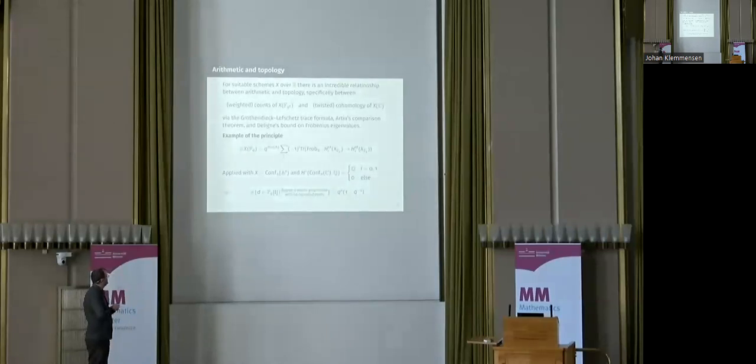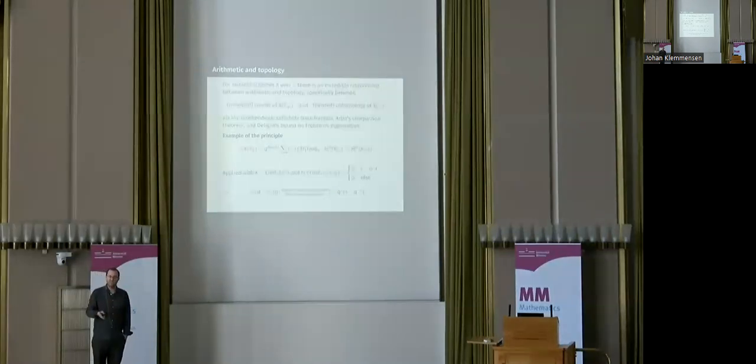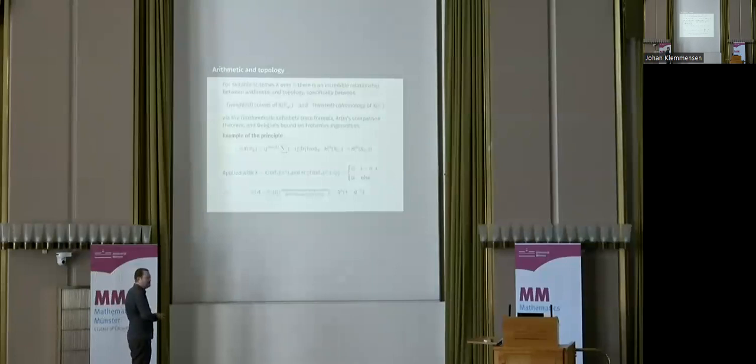In other words, maybe it's more natural, instead of counting how many polynomials there are with no repeated roots, we think about the density of polynomials with no repeated roots. So that means we divide by Q to the n. And then it's saying that the density of polynomials with no repeated roots is exactly 1 minus Q inverse. And that, I'm sure, one can prove by doing number theory, but one can prove by doing this topological calculation and going back and forth through this machinery. So this is surely a toy example of this trick, but it's an example of it.